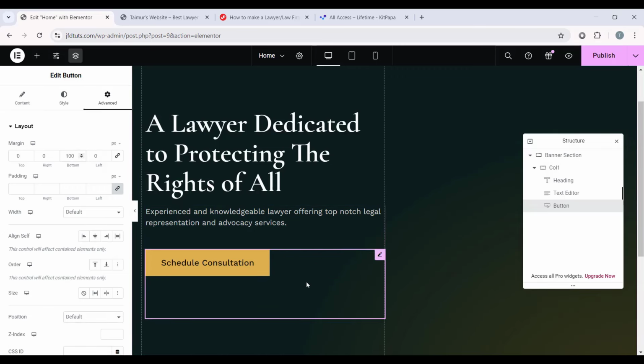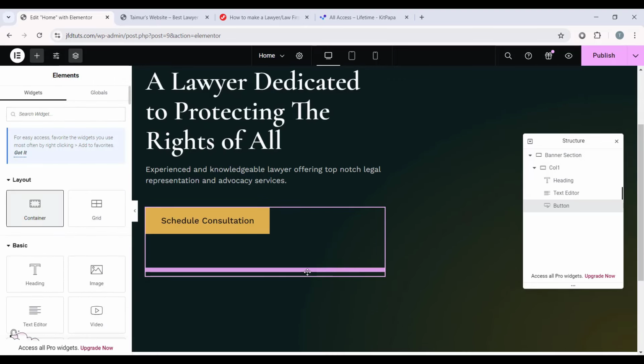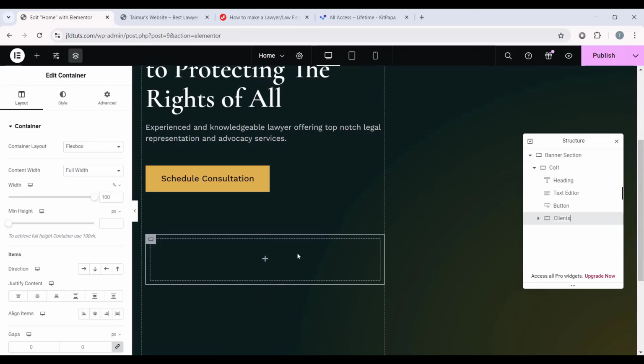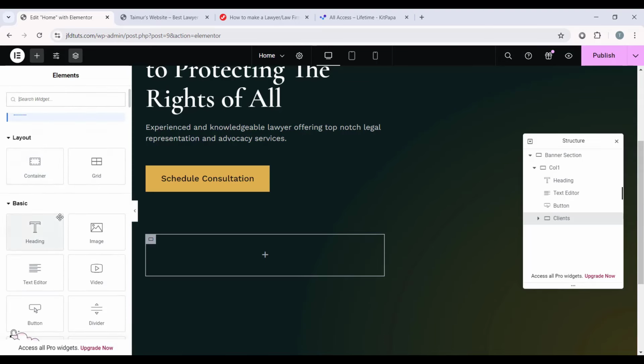Alright, now after this button let's add a new container, and let's rename this container clients, because in this container we will have some pictures of our clients. Alright, so first of all let's make this direction to row, then let's go to the advanced tab and click the padding 0. Now inside this container I want to add this image widget,